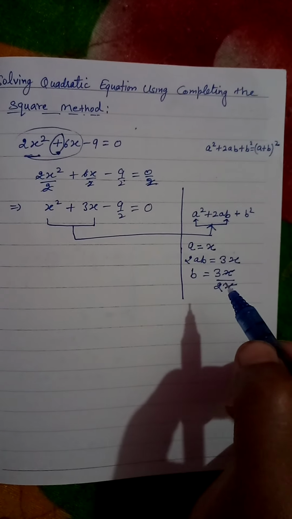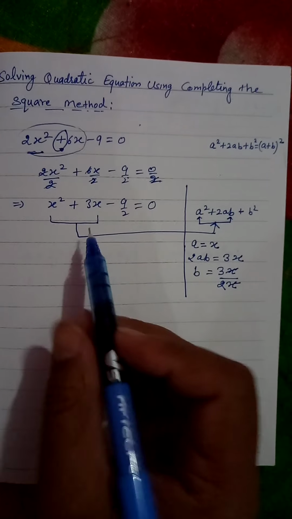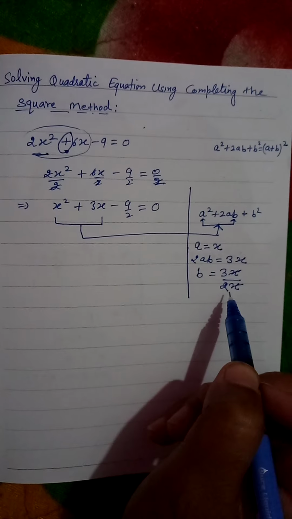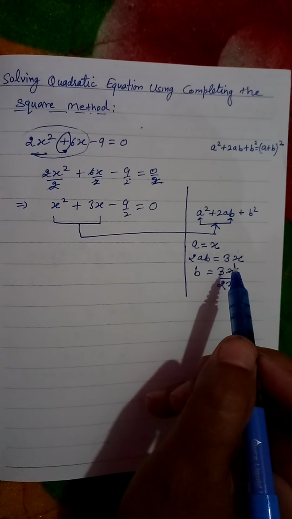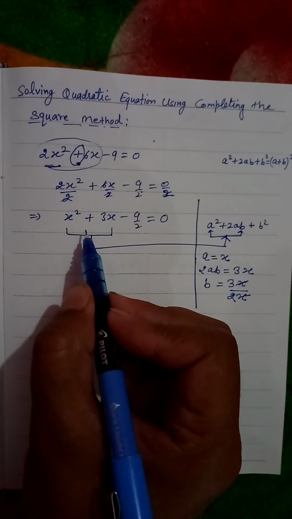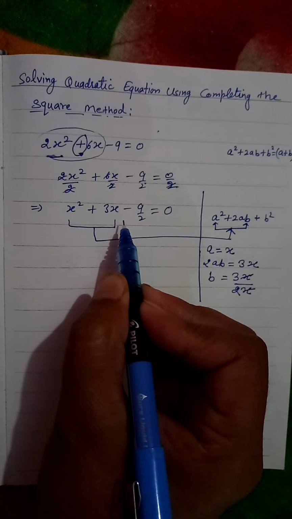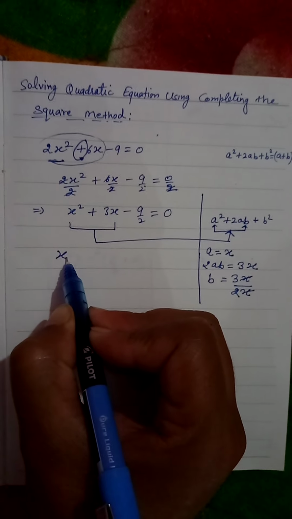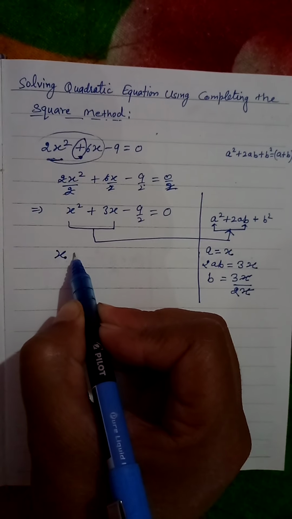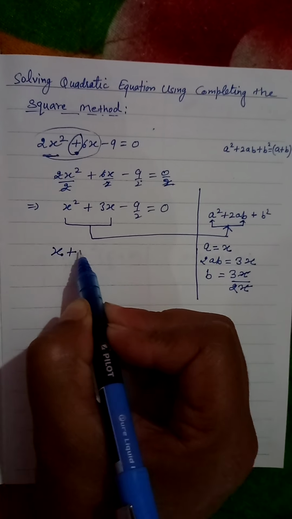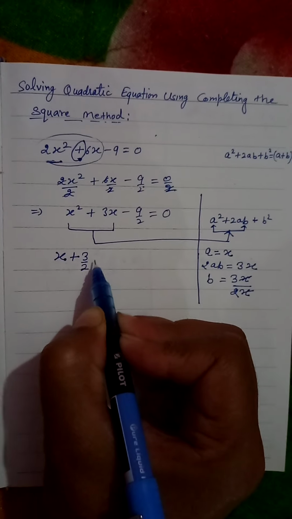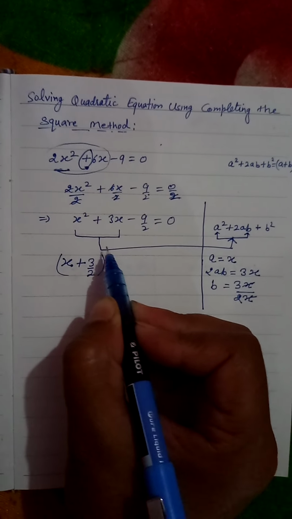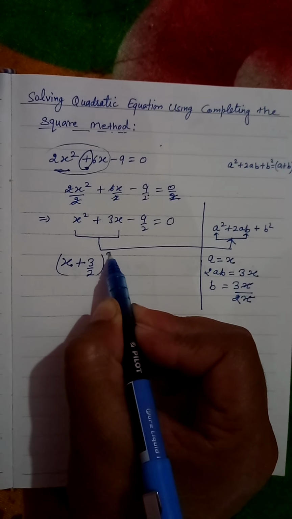b will be equal to the coefficient of x divided by 2. Always you will get b like this only. So now I will convert this equation into this form. See carefully. My a is x, so (a plus b) whole square, b is 3 by 2, whole square. I will write this as (x plus 3 by 2) whole square